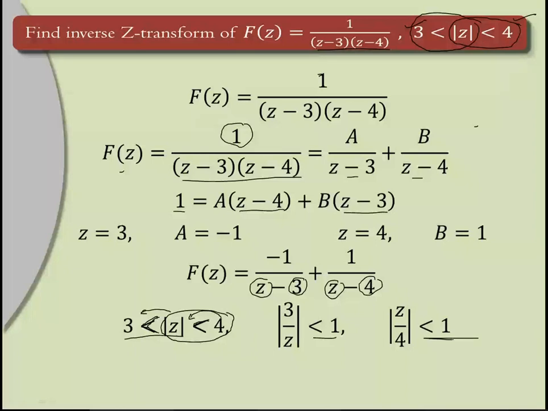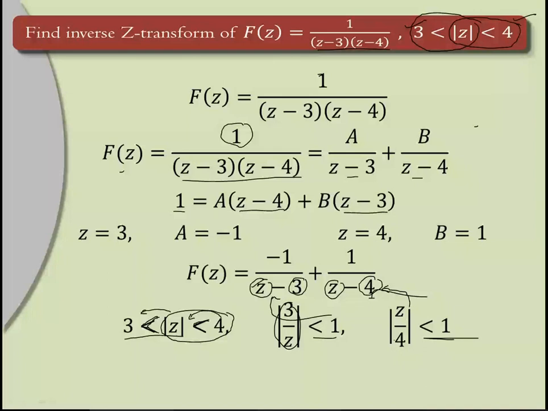Okay. Now, whichever term is less than 1, bring this term in this function. So bring 3 by z into this, bring z by 4 into this. Now how to get 3 by z? For getting 3 by z, take z common. And for getting z by 4, take this 4 common. So take z common from the first term and take 4 common from the second term so that we can get z by 4 and 3 by z.